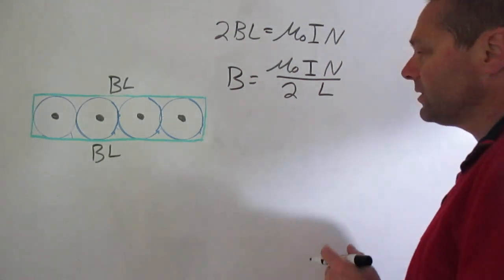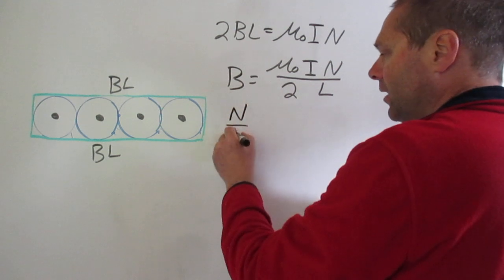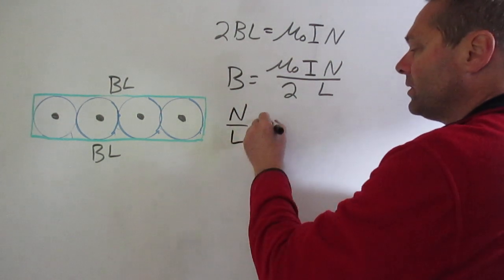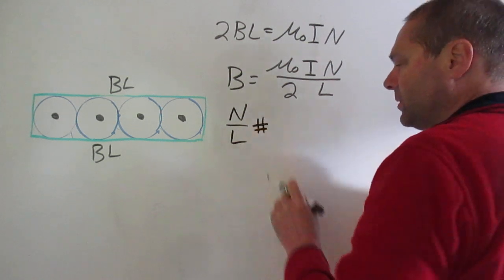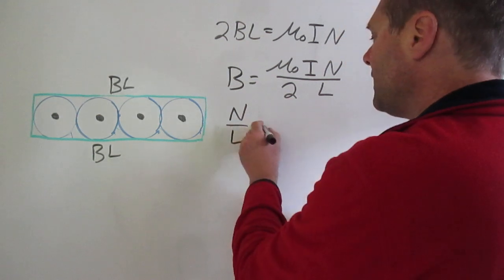All right, so that's how we solve for B. But let's look at now N upon L. And what N upon L is, I better put an equal sign there, this is going to be equal to